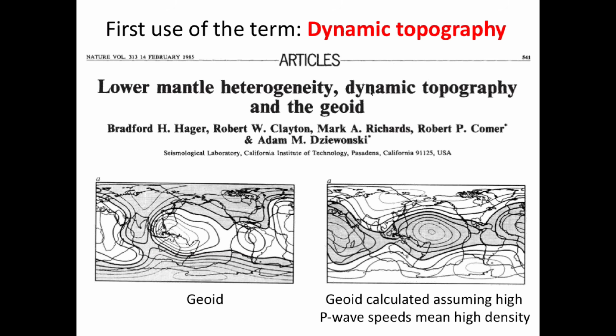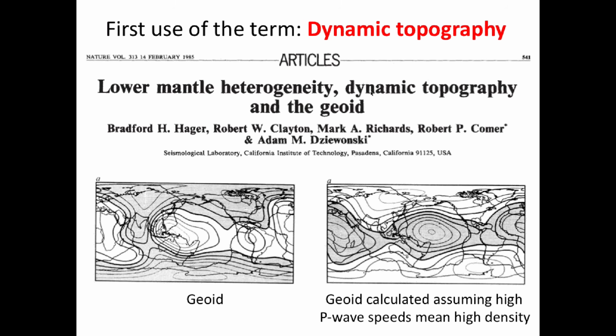Okay, where does dynamic topography come from? Actually, it goes back. It's got a good, solid root in a magnificent study by Hager, Clayton, Richards, Comer, and Jablonski, published nearly 30 years ago. And they actually were looking at topography on the core mantle boundary, not on the surface, but that doesn't really matter. One has a geoid, an old geoid back in those days, where you have positives in some regions, and negatives in other regions. And they also, particularly because Clayton, Comer, and Jablonski were seismologists, knew where you had high speed and low speed in the deep mantle.